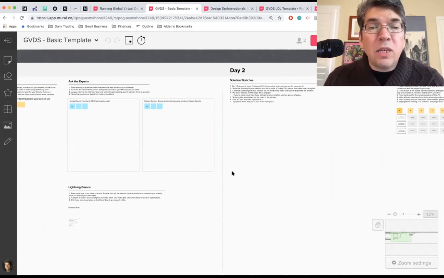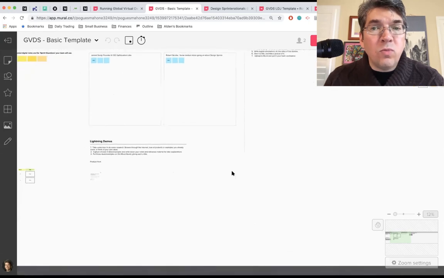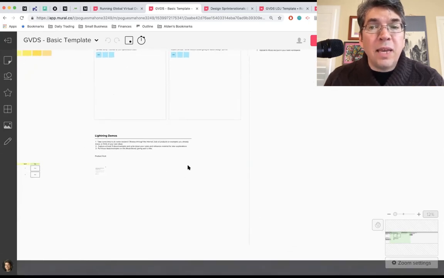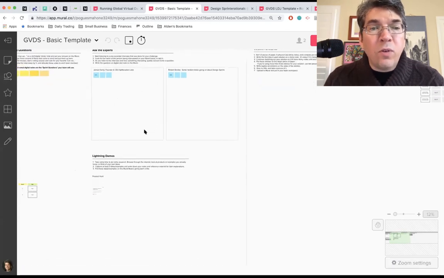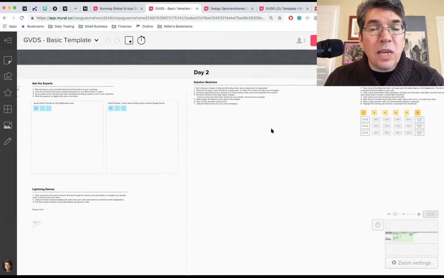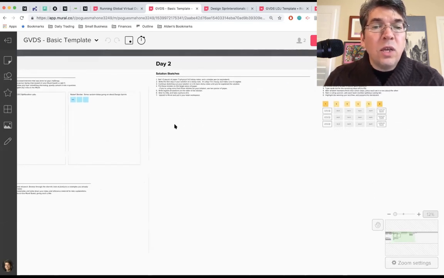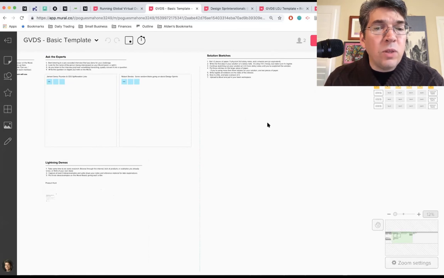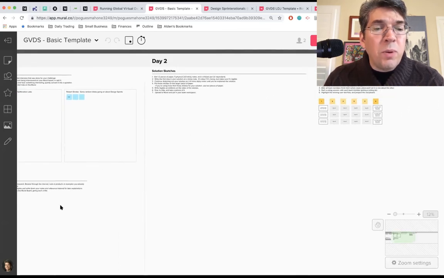Now, one team in particular had a dearth of time on Monday, even more so than the rest of the week. So they opted to work offline for a while to get some dinner, and then in the evening they went into the solution sketches and started crafting some solution sketches after they had gone through the lightning demos and saw what people were doing in real time.